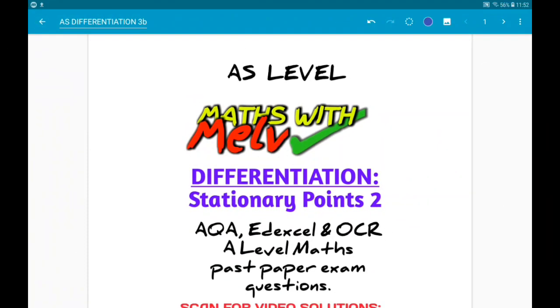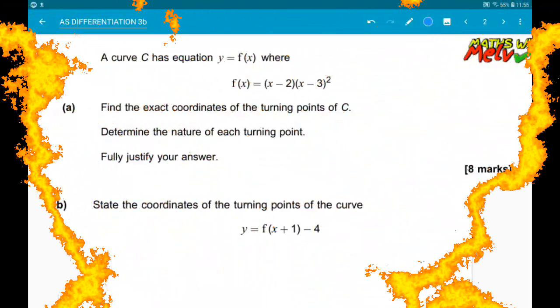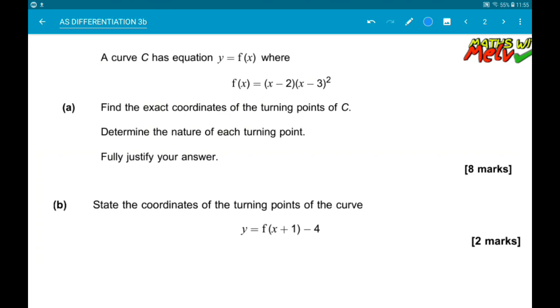So, here we are going through 3 more AS level maths questions on stationary points with differentiation. These are much harder and worth a lot more marks than the first set. Let's do this. Alright then, first up, a curve C has equation f of x is x minus 2 times